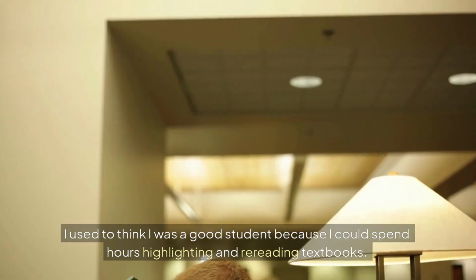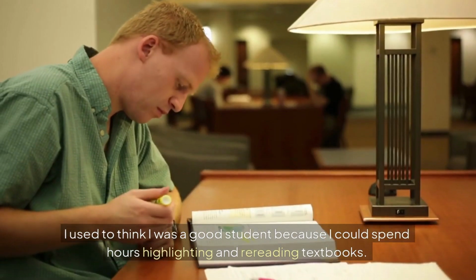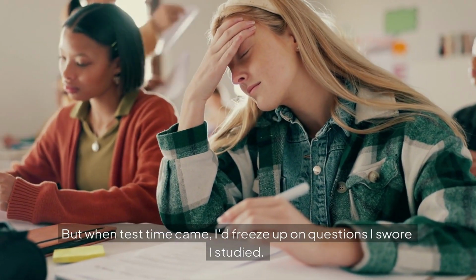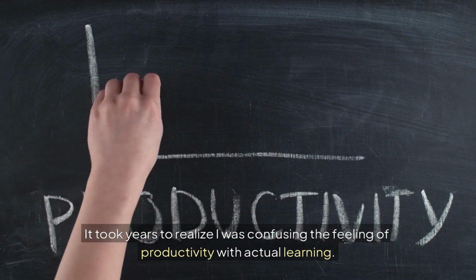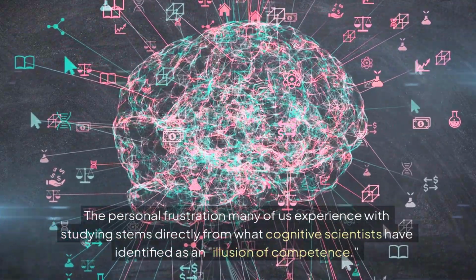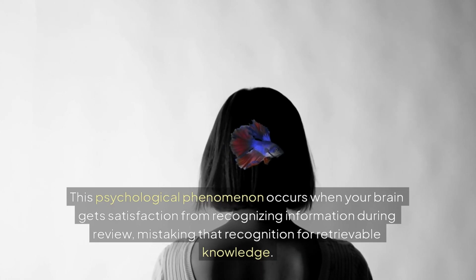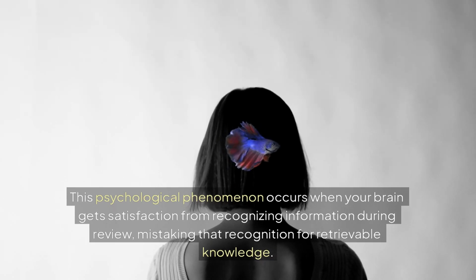I used to think I was a good student because I could spend hours highlighting and rereading textbooks. My notes were color-coded, neat, and comprehensive. But when test time came, I'd freeze up on questions I swore I studied. It took years to realize I was confusing the feeling of productivity with actual learning. The personal frustration many of us experience with studying stems directly from what cognitive scientists have identified as an illusion of competence. This psychological phenomenon occurs when your brain gets satisfaction from recognizing information during review, mistaking that recognition for